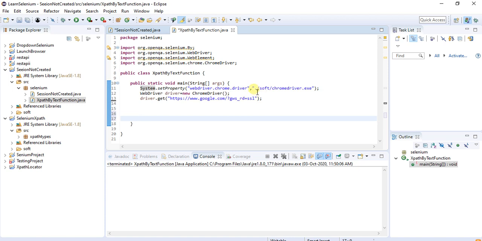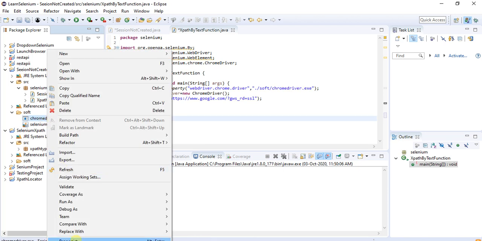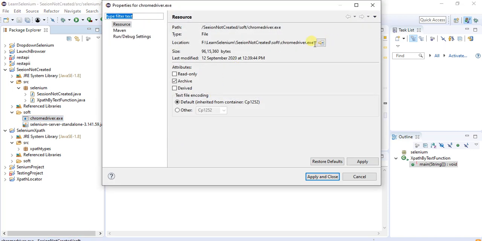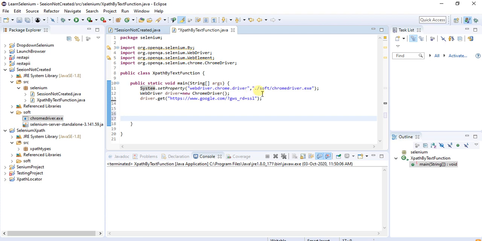I have given the dot and then chromedriver.exe, which means I created one folder, and inside my folder the chromedriver.exe file is located. Right click on it, go to properties, and then you add this. Otherwise, you can add the entire location. You have to refer to the previous videos to understand. I am directly jumping into writing the XPath of text functions.